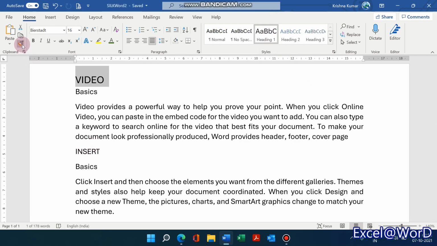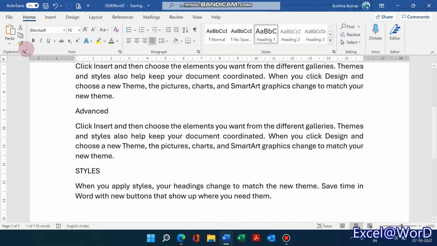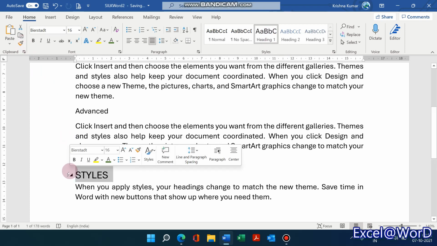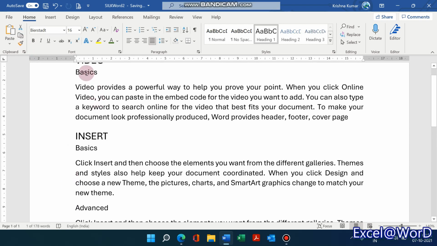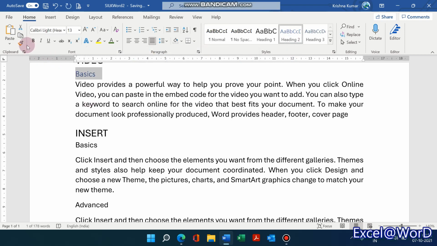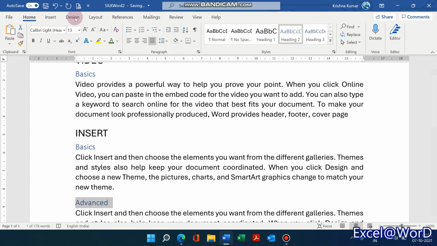Same thing, I'll format it for insert and then styles. Fine. Now go to the subtopic, basic, make it Heading 2. Same thing goes here, and advanced. Now have a quick preview.